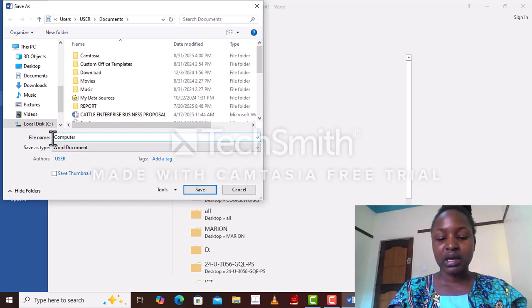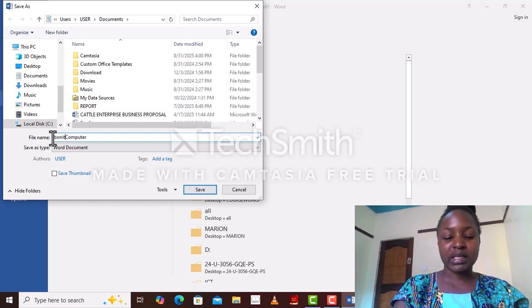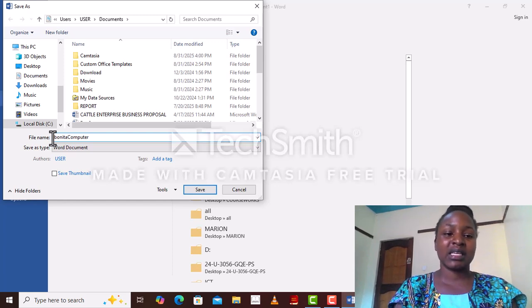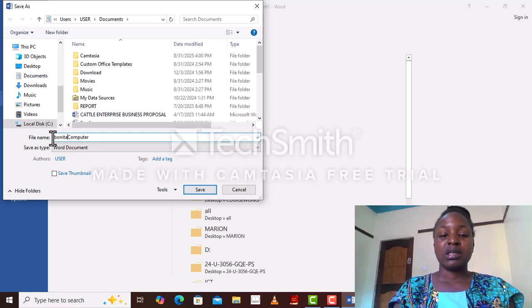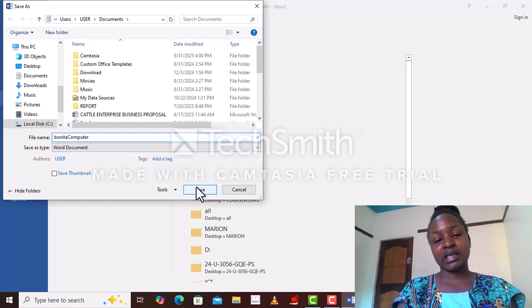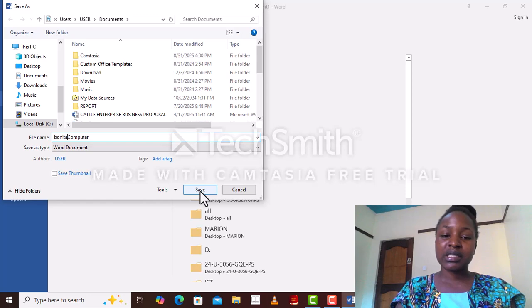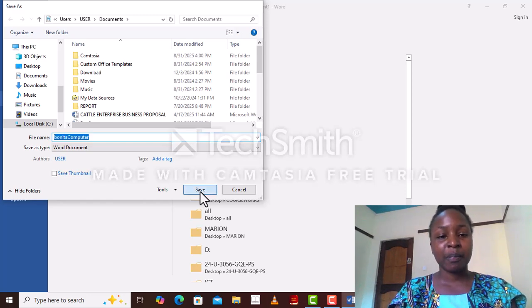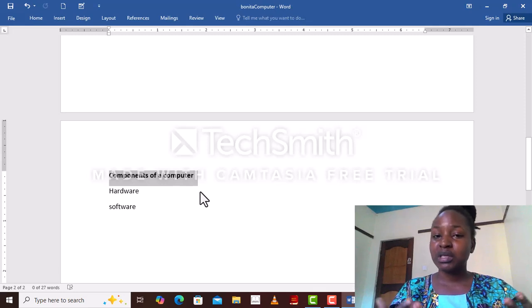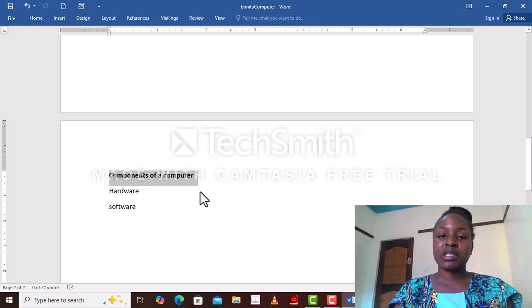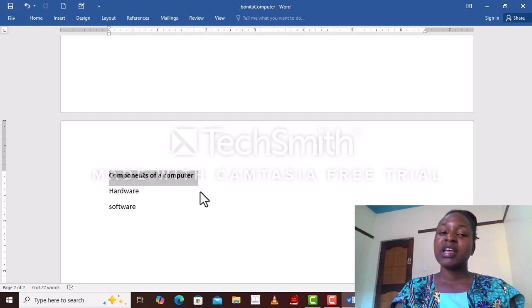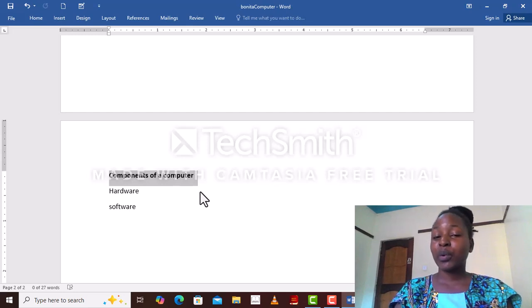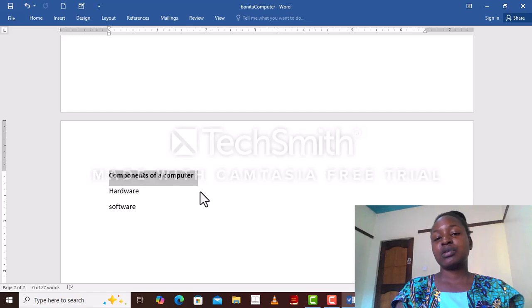So for instance, I am going to name this Bonita, and you can see there I didn't delete the name it had given it, so I can actually understand Bonita Computer is the document I created. So you click on this save, and there your document is saved. This is the simplest way, and please don't get scared in using computer. With me, I got you covered, and you are going to be learning